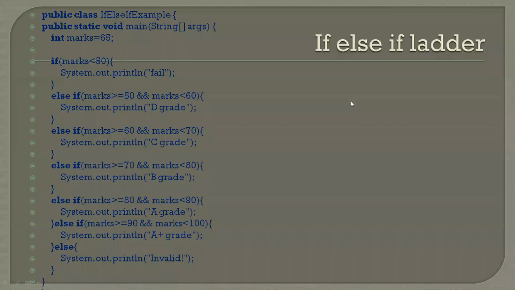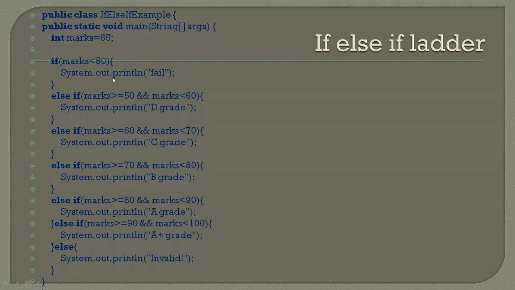Let us move to the next one. And this is an example on if else. There is a variable called marks, an integer variable where the value inside that variable is 65. And we are verifying, according to the given value, whether the person has failed or got A grade, B grade, C grade or D grade according to the marks he has. So he has 65 marks, and I am checking with each and every condition.